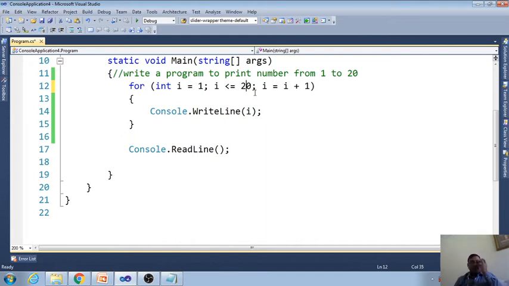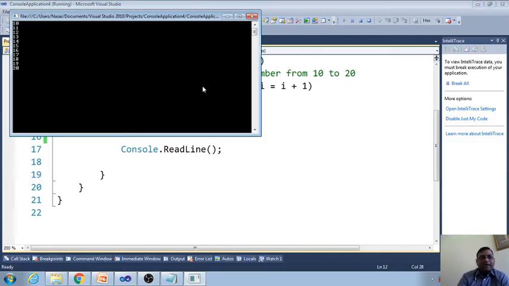Very important. Please see the video 1 time, 2 times, 3 times, so that you will understand the concept. Very important loop. Not only for this course, if you are going to study other courses also, loops are available there. Based on the question, our initial value is I equal to 1, because the 1 is available here. If here I write 10 to 20, then here is 10. If you run, it will print from 10 to 20.